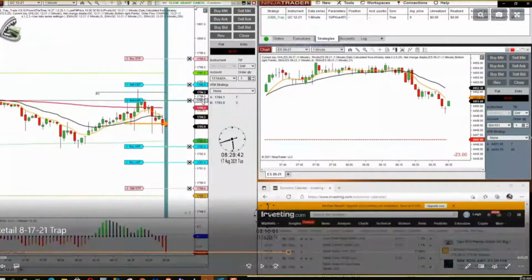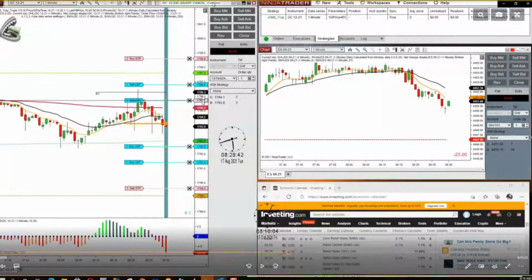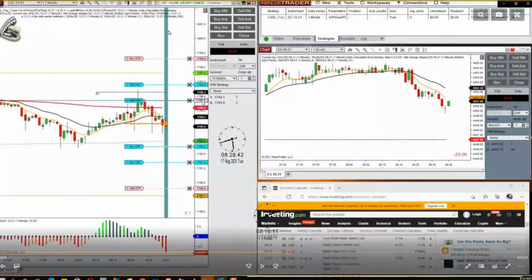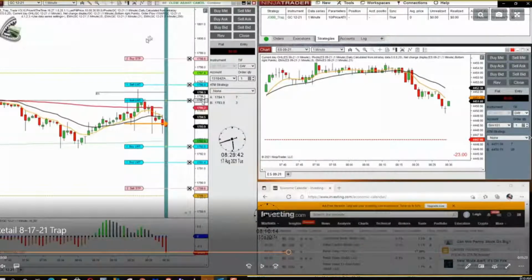And then just like the breakout trade, we have buttons. We have the combine button, which combines orders into one order, combining into the closest order to current price. And then there's a couple of different things on the trap trade. If you don't get much of a move, you can cancel the outer tier so that you're only trading one contract. So that's the cancel button. It doesn't mean cancel the trade. It means cancel the outer tier.